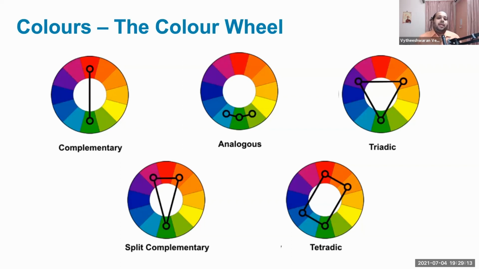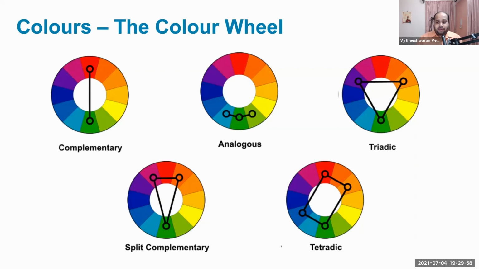Or if you're looking for something more harmonious, more muted, more cohesive, professional, you could go for an analogous scheme, which is a combination of 3 adjacent colors in the color wheel. When you use 3 adjacent colors, it gives a sense of uniformity. It makes things look more cohesive. It gives a more comfortable, warm kind of feeling, so that it looks very professional. If you look at a lot of professional slide designs, you will usually find analogous colors. It's one of the safest bets to create exciting slide decks.